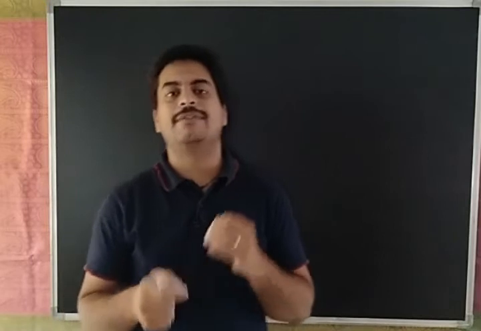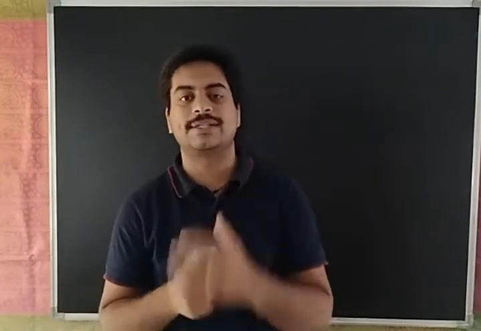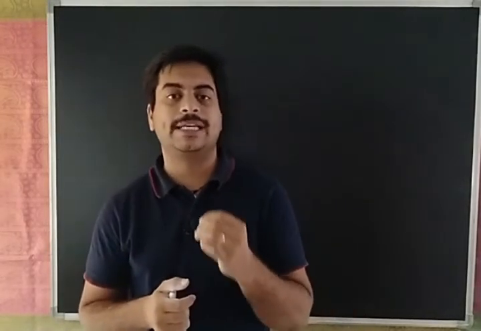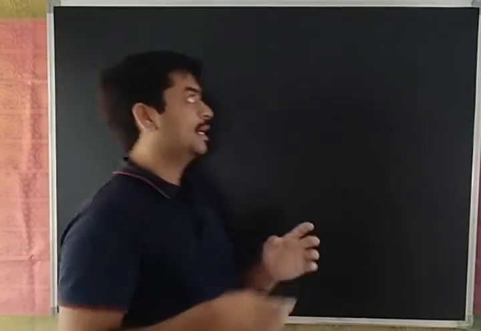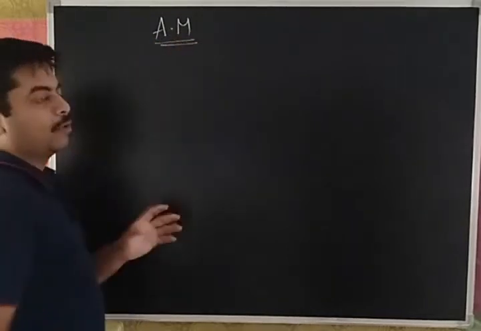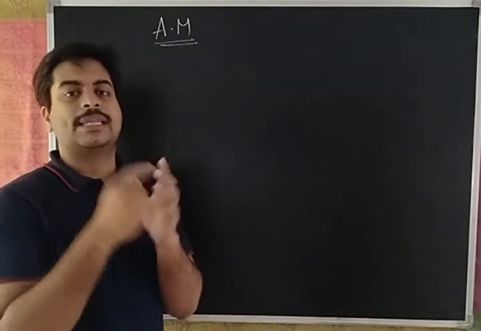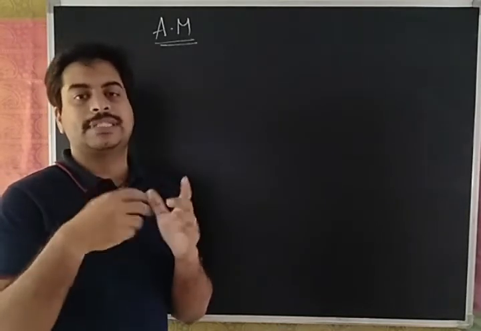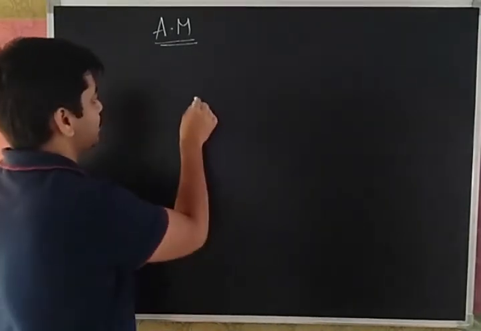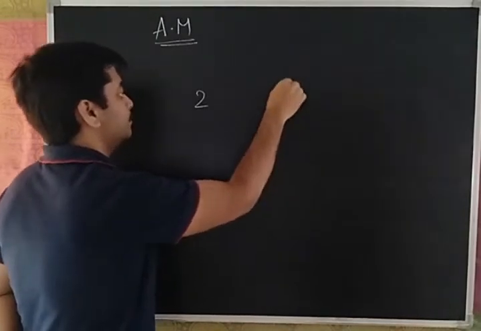So in today's lecture we will continue with the previous topic, that is arithmetic progression, which comes in sequences and series. And as I mentioned, today we will start with arithmetic mean, that we say simply AM. Arithmetic mean. So what is this AM? What is this arithmetic mean about? Let us first check what is arithmetic mean for two numbers, and then we will see for n numbers. Okay, n arithmetic means. Let us take one small example, 2, and let us take one more number as 5.